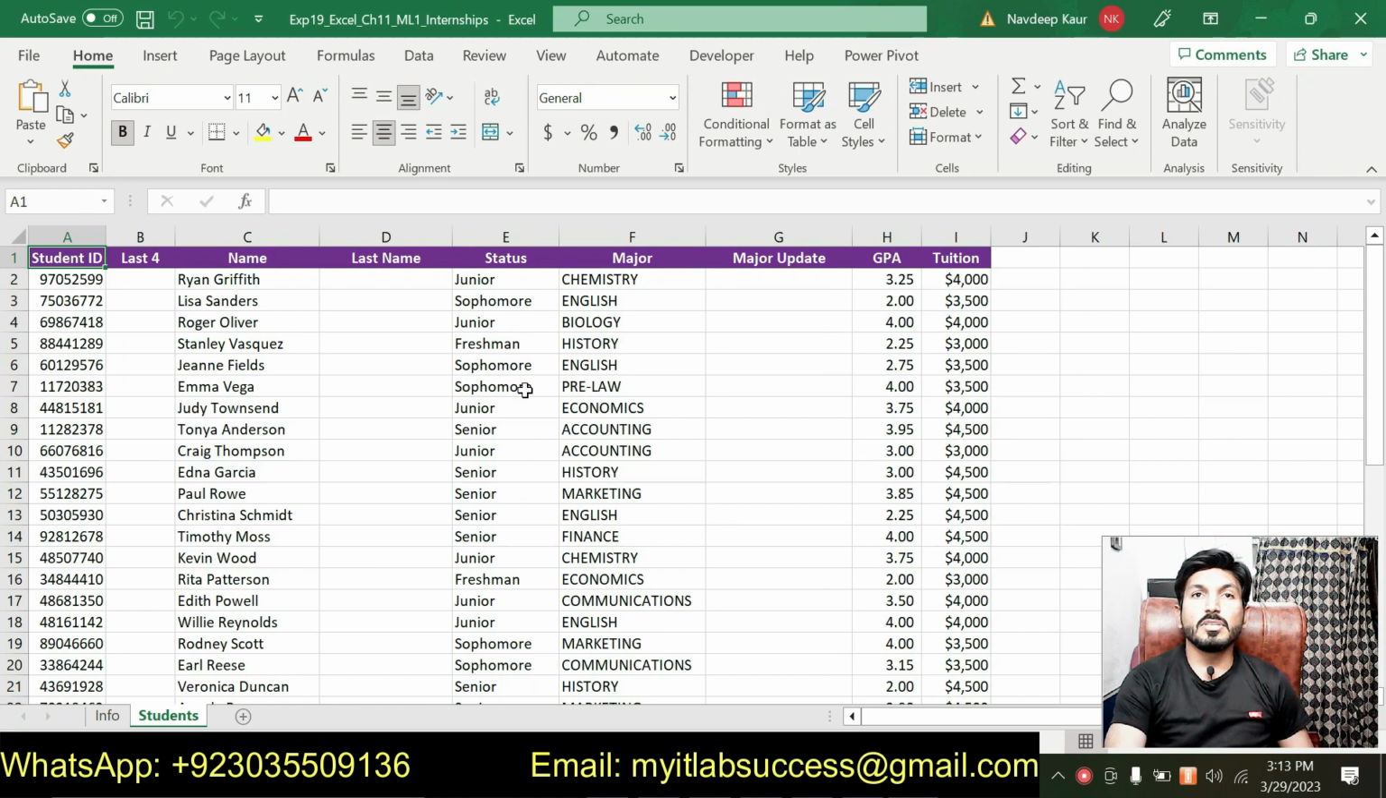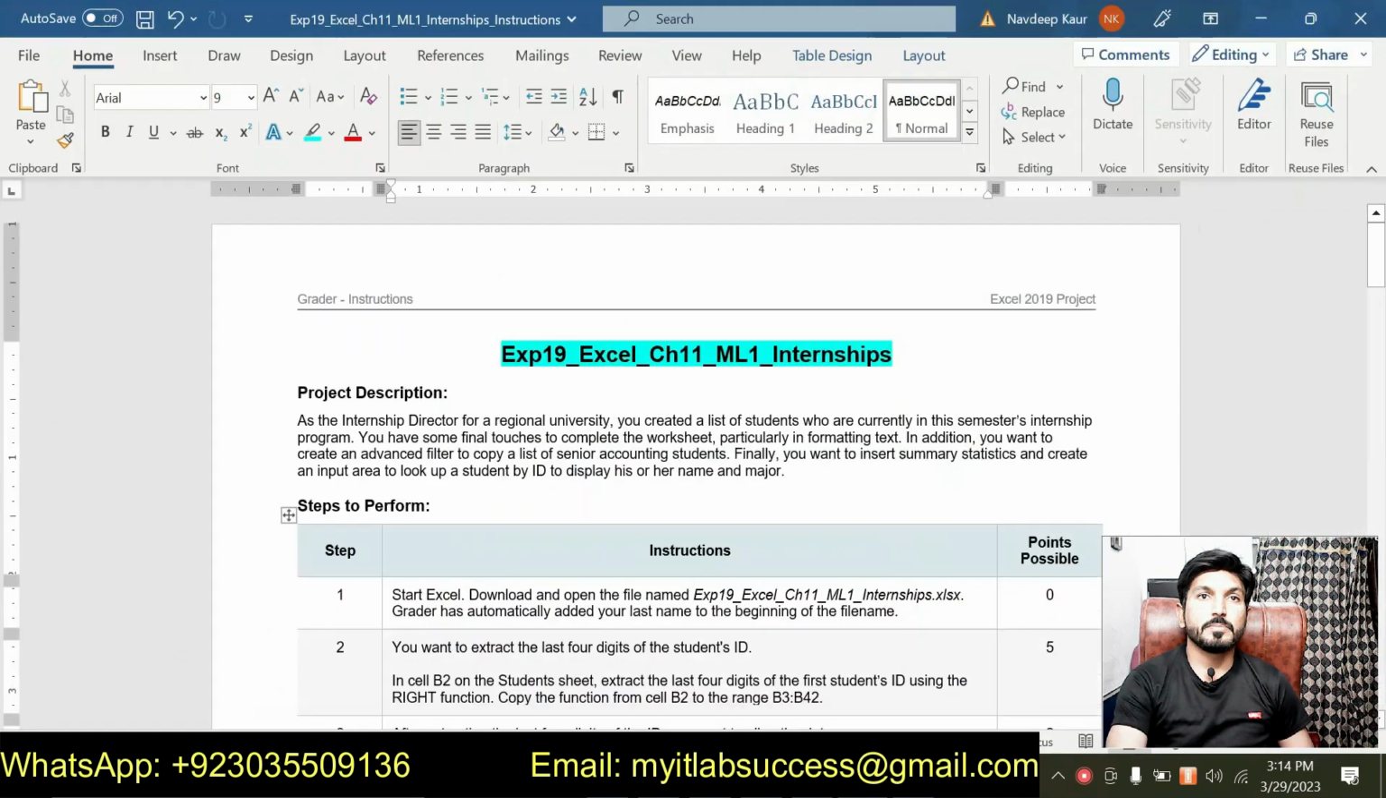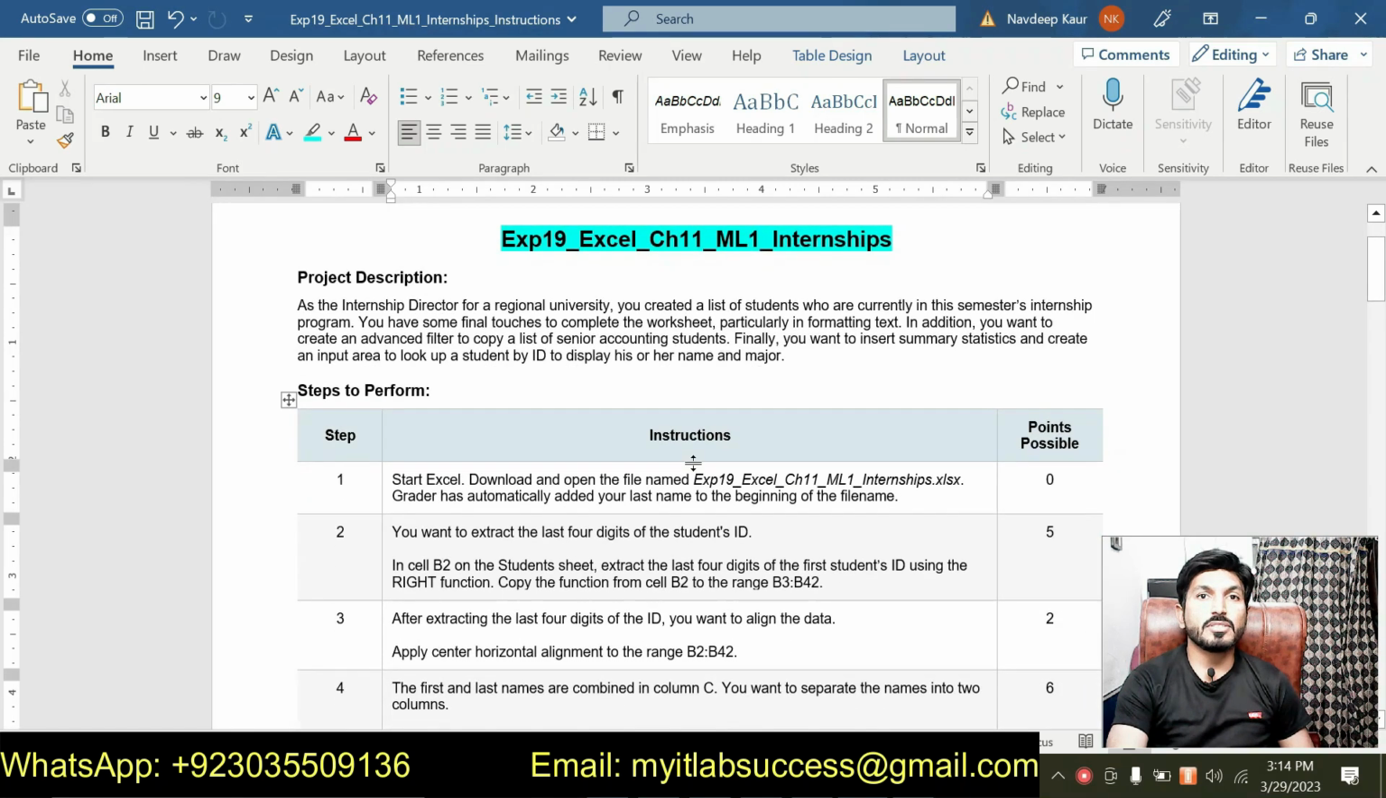So we will move to the instruction file and we'll start this assignment from step 1 so that we can solve this assignment to the end of the video. So let's move to the instruction file. The title is Exp19 Excel chapter 11 mid-level 1 internships. This is the title of the assignment and this is the 11th chapter of the Excel section. So the first step of the assignment is